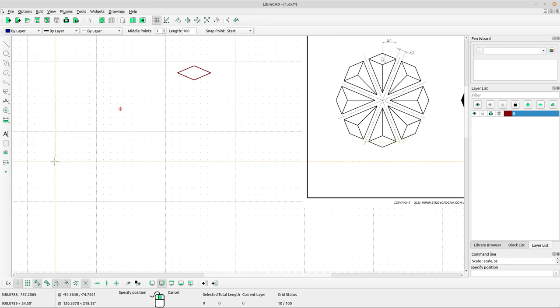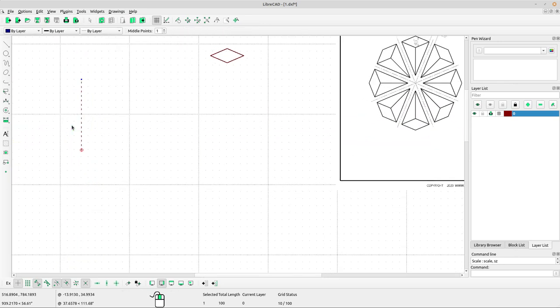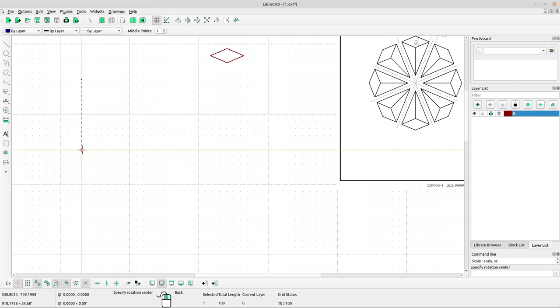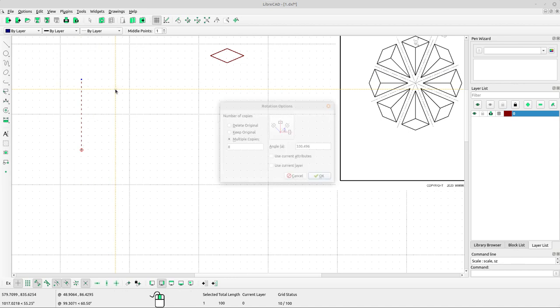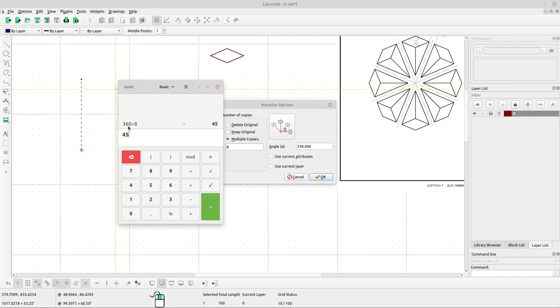Select again vertical line. Yes, and then select the line and select rotate tool. Left click at the reference point or the rotation center, and then left click at the reference point. Bring the line into the position like this, and I think we should try this one. You have to divide the